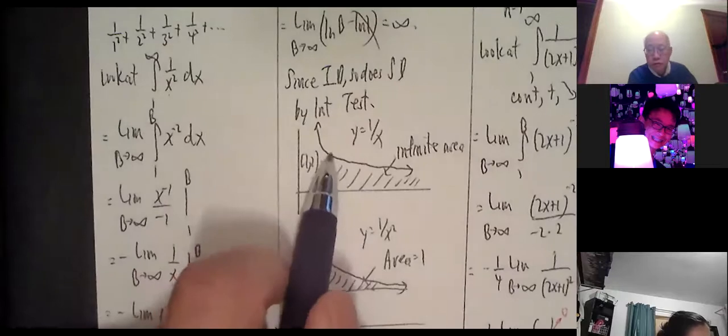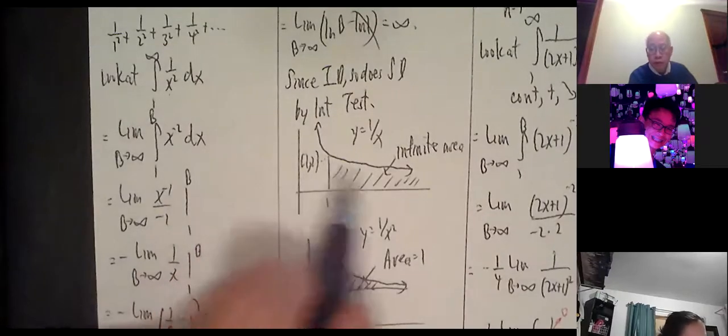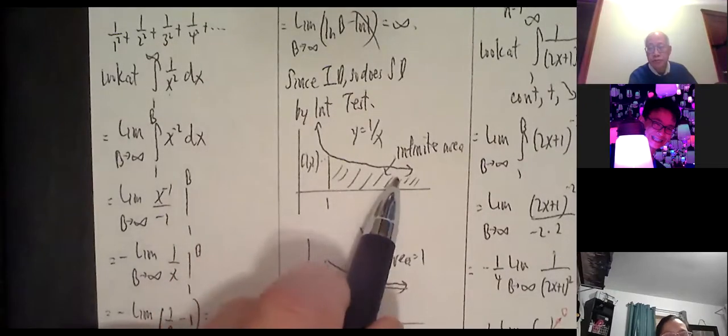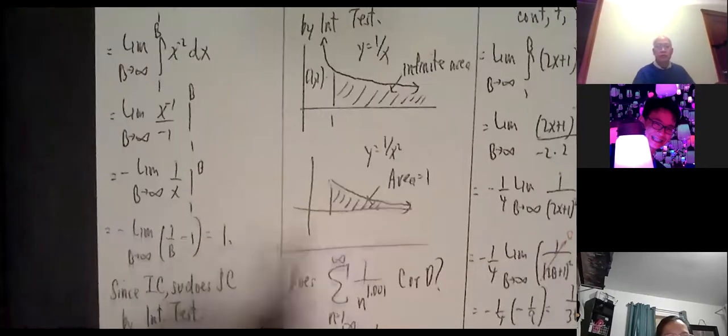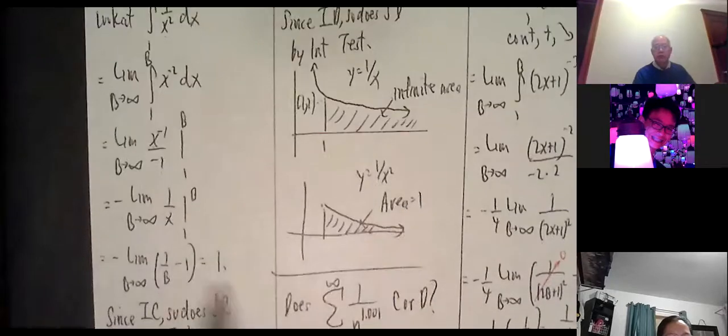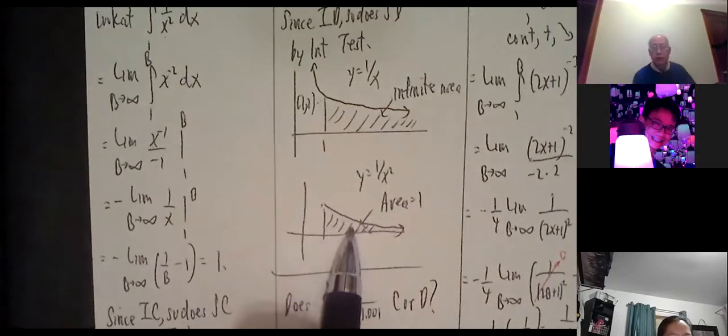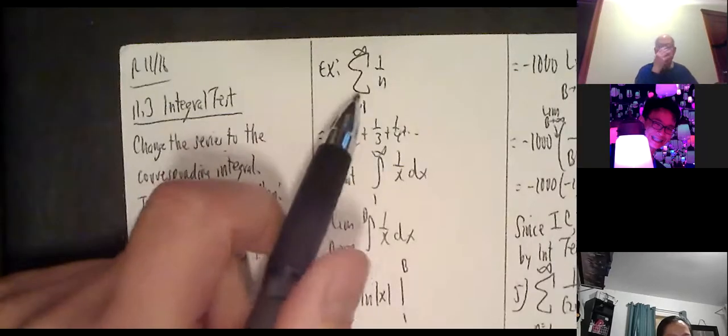So for y equals 1 over x, you have an infinite amount of area. For 1 over x squared, it has the same general shape, but you do not have an infinite amount of area. The total area is 1. Interesting enough. So that shows the harmonic series